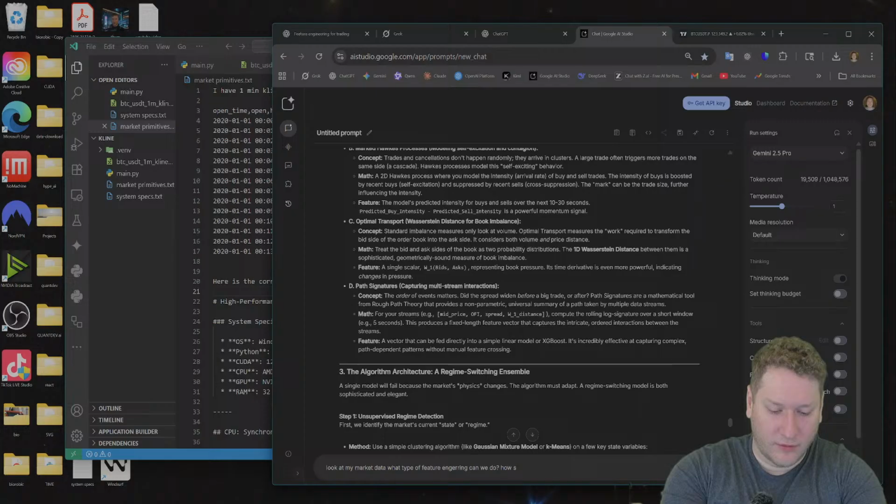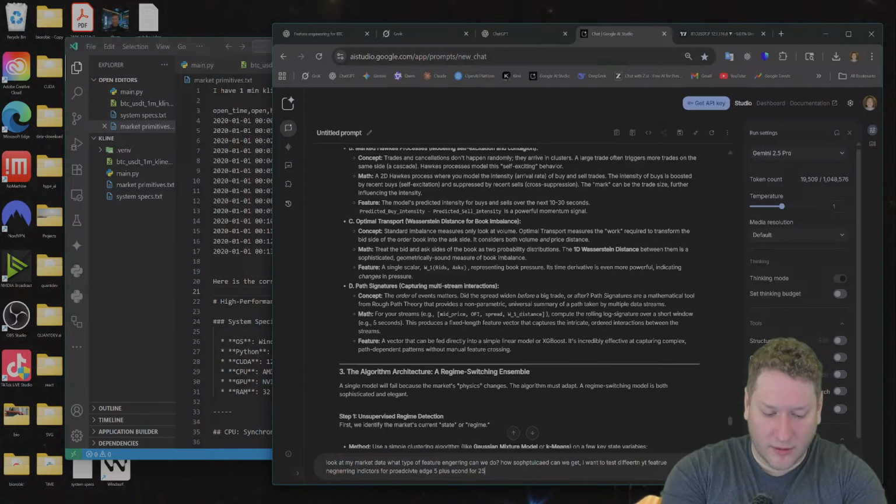I want to test different feature engineering indicators for predictive edge, 5+ seconds for 25x leverage algo later on.